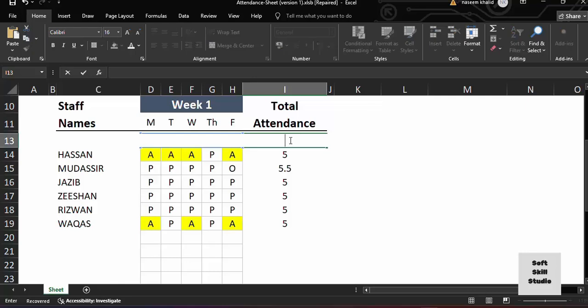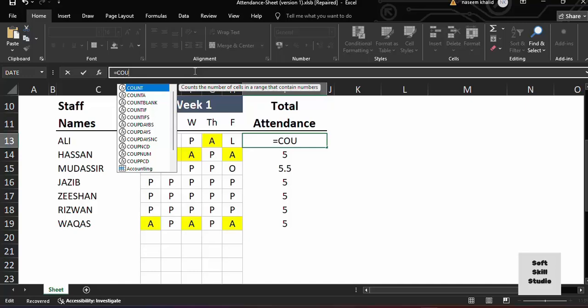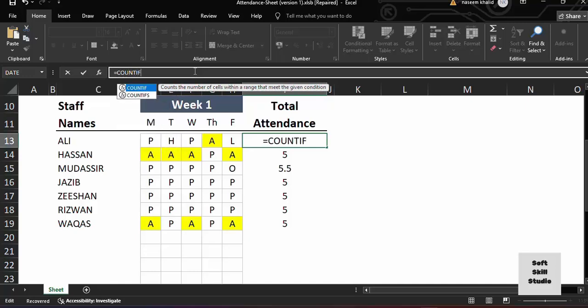Here I can write is equal to COUNTIF, then bracket starts, and here, what is the range? The range is this,